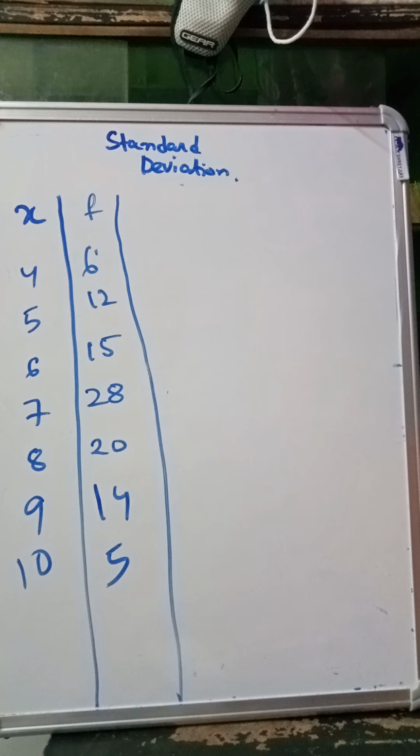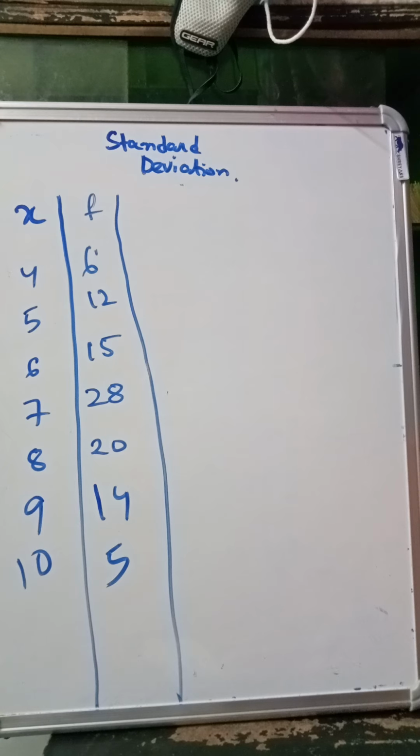Now it is not mandatory that you have to do this for each and every sum. You can also apply the original formula without changing the origin, but here I will shift the origin for my convenience to make the calculation easier. I have also discussed which number we should take as origin: a number which is not very large, not very small, a number which lies somewhere in the middle. So here we will consider 7 as origin. As you can see, 4 is the smallest number and 10 is the highest number. So 7 lies in between, so we will consider 7 as the origin.